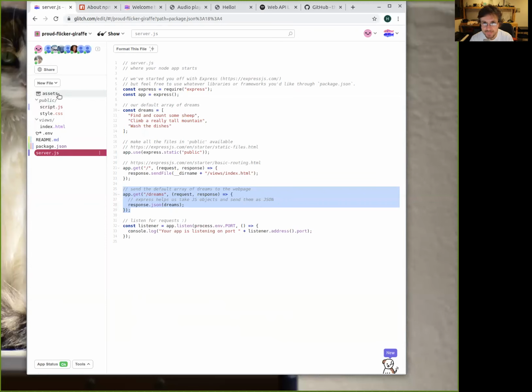These two things are the material that will be delivered to the client, and this code that is here is just for the server side. Okay. Thanks.